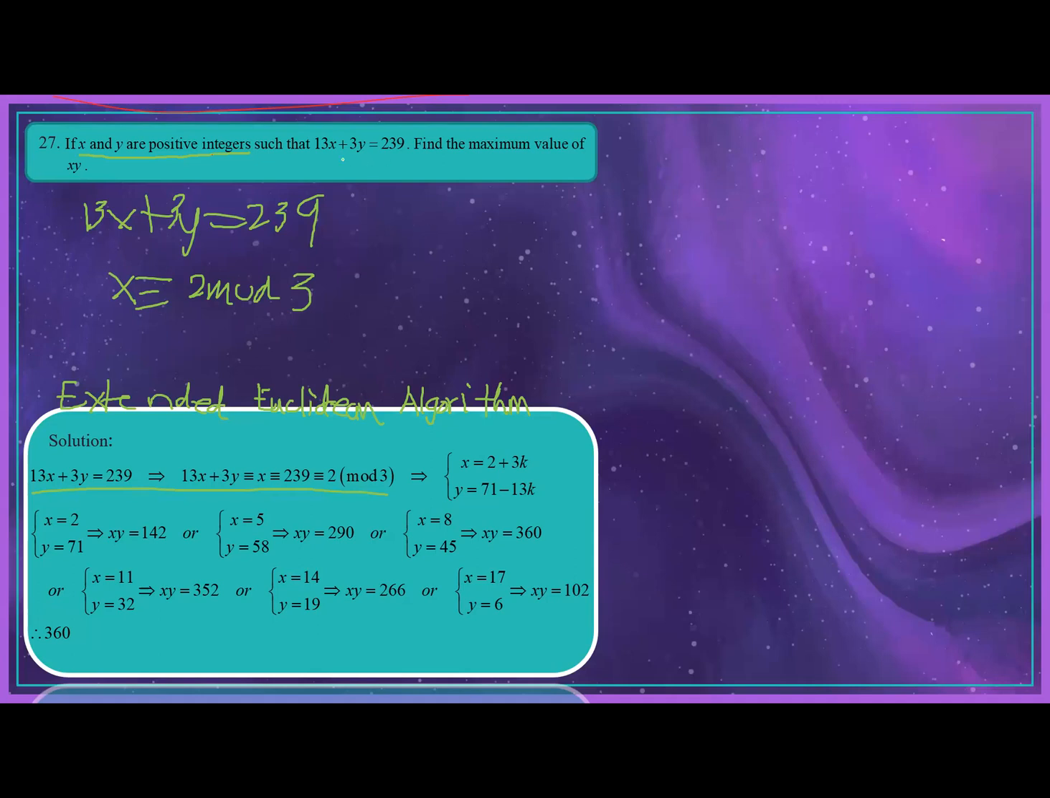I guess this should be, sorry, I think this should be 3x plus 13y equals 239. Okay, so I mean it's just the same, but different x and y. But the solution here is catered for when the given is 13x plus 3y equals 239. In any case, just the same solution, but the solution in the box is